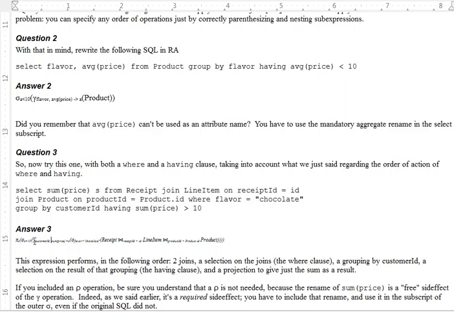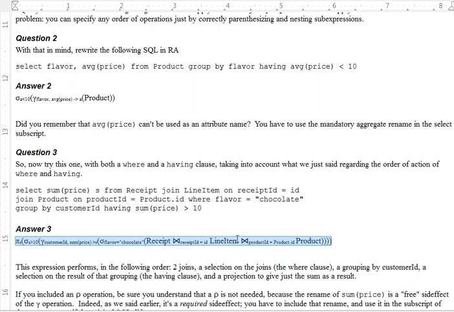So a good answer for this one might be something like this. In the following order, kind of inside out, this expression does the two joins, and then a sigma for the where clause, where flavor equals chocolate. And then on that it does a grouping by customer ID and a selection, and also computes the sum of